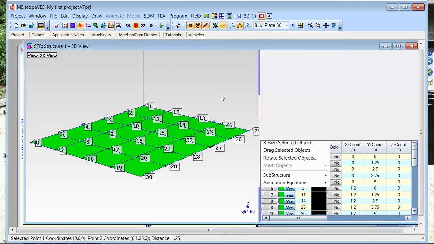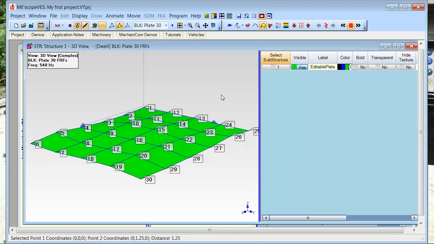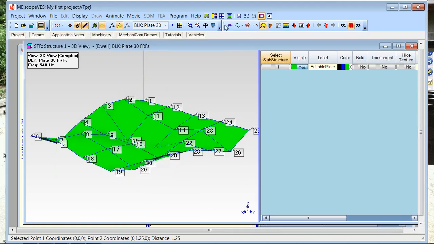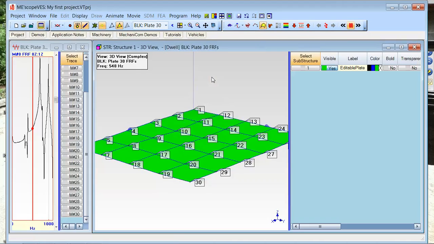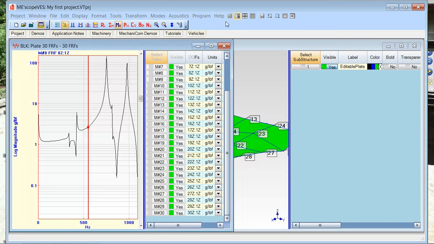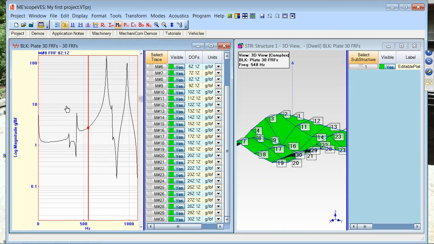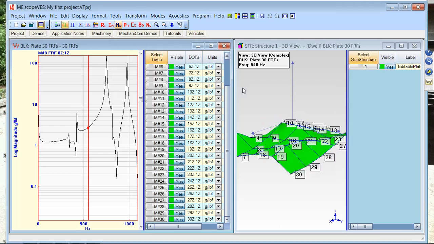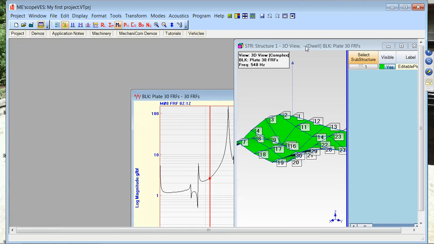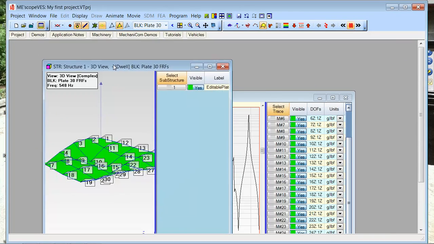And let me arrange for animation. Again, I need to make this window a little smaller. It will maintain its size. And that's what I expect to see down here at these low frequencies. I go to this peak. There's the first torsion mode. There's the first bending mode. Those are my friends. Those are the ones I always look for when I set up a model and animate